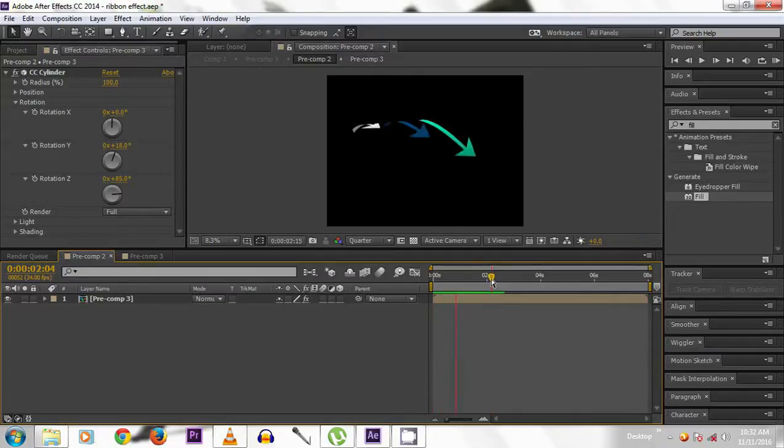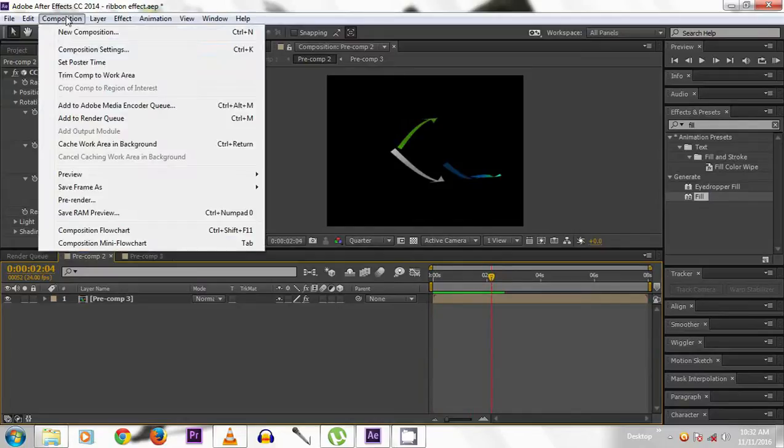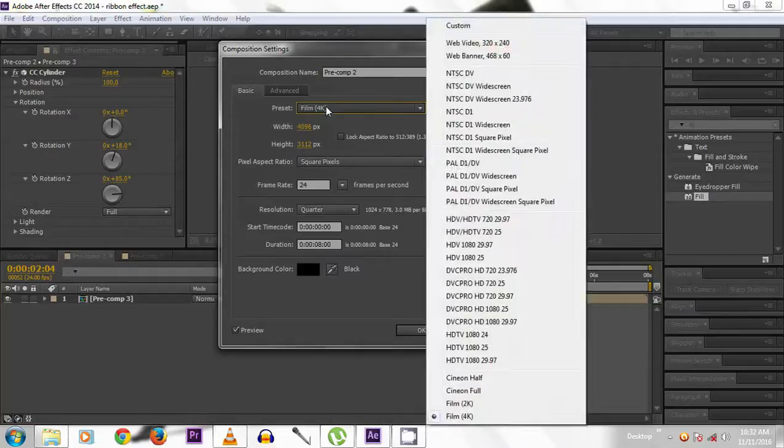Okay, now go to composition settings and change it to full HD.